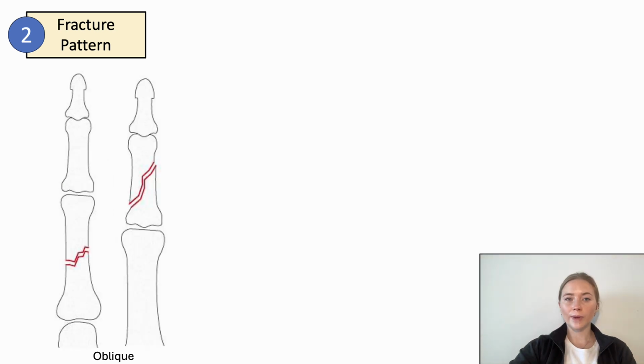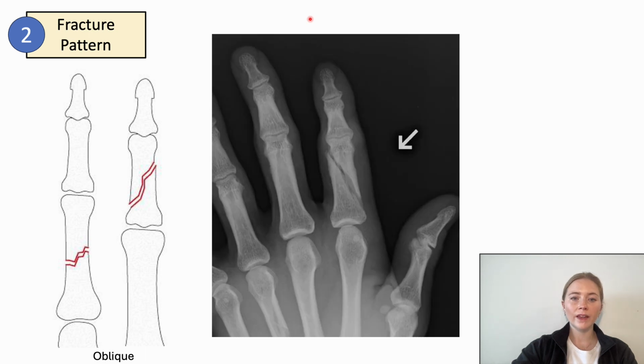The next fracture pattern we will talk about is an oblique fracture, and that's when the fracture line is at a diagonal, and this can be a short oblique or a long oblique depending on the angle. The mechanism for these types of fractures is usually from acute impact at an angle onto the bone. Here's an example of an oblique fracture that's a long oblique fracture of the proximal phalanx or P1 of the